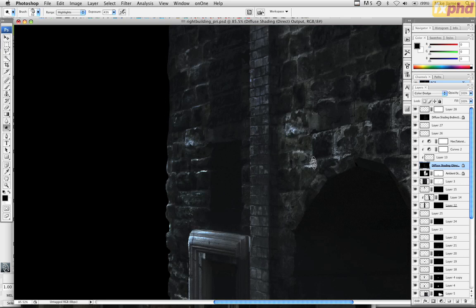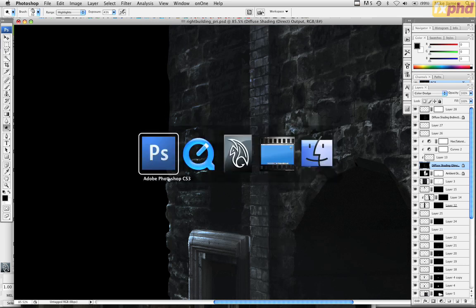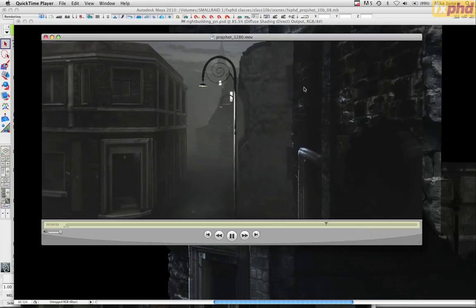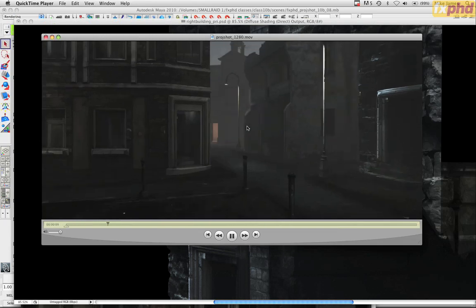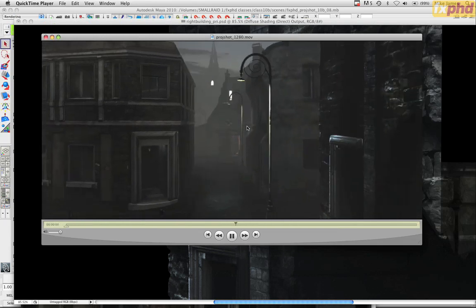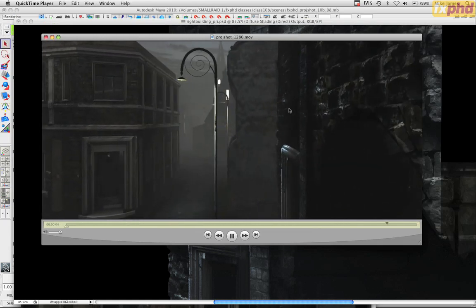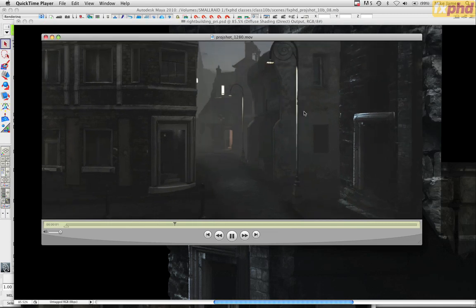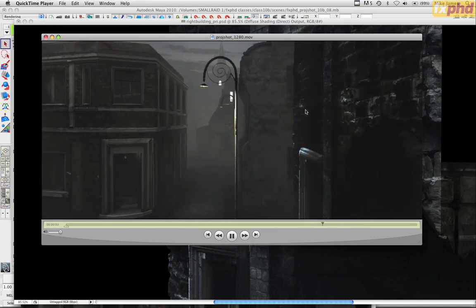You can see it just kind of adds a lot to it. Makes it look a bit more three-dimensional. Now, I didn't get a chance to do it so much with this, and there are ways to do it in post too, so you wouldn't necessarily do it, but to really make this sing, you'd